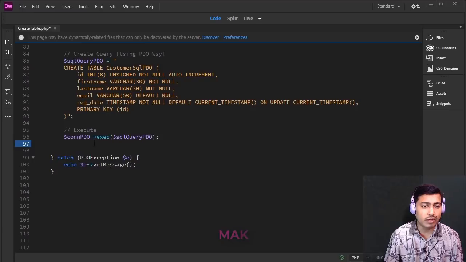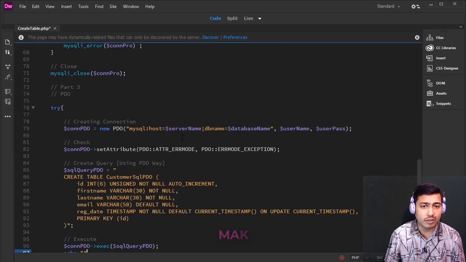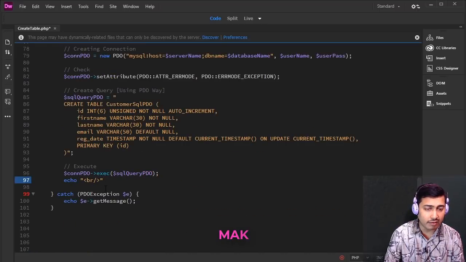So you don't have to use the else block here. So executing the query, if there is a problem, it is going to go to the catch block. If the query is successful, I just want to print one thing here, the first one. You can give a break here, and then you can use table